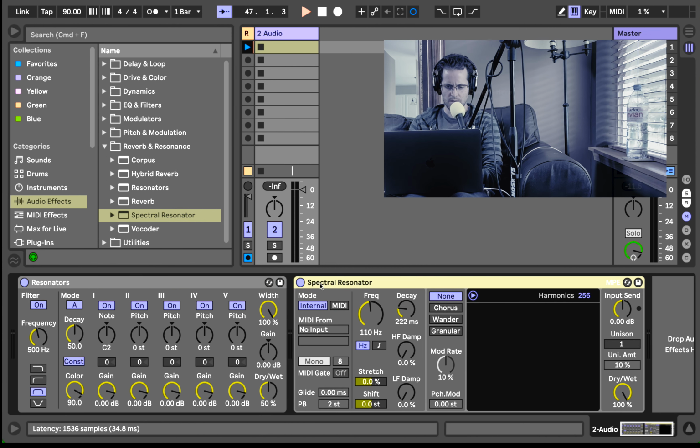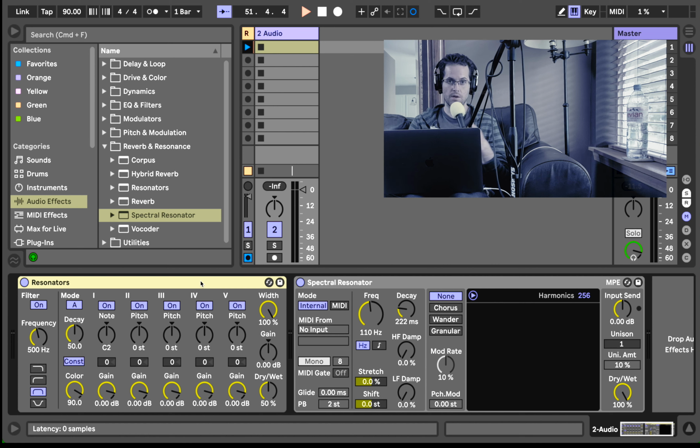So this spectral resonator, I believe it was a new device with Ableton Live 11, and resonators, I believe it's one of the legacy devices, or at least it's been here for a while. I believe going way back, like Ableton Live 7, maybe even well before that. But in any event,